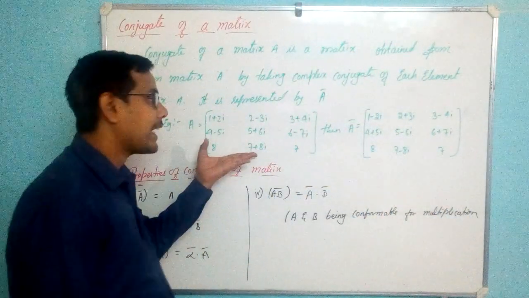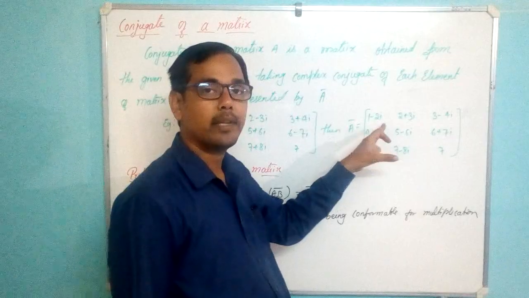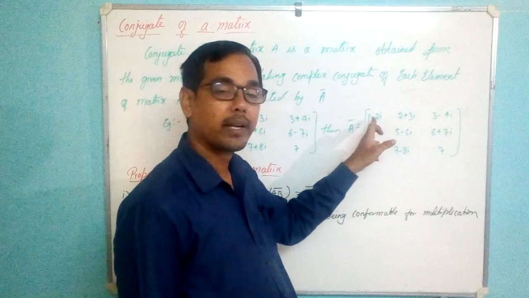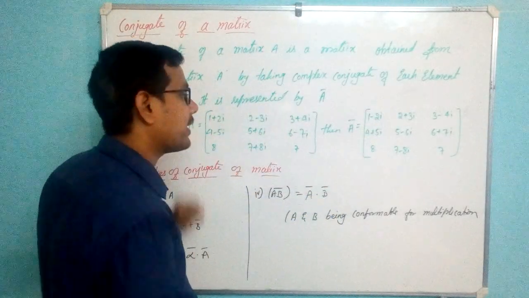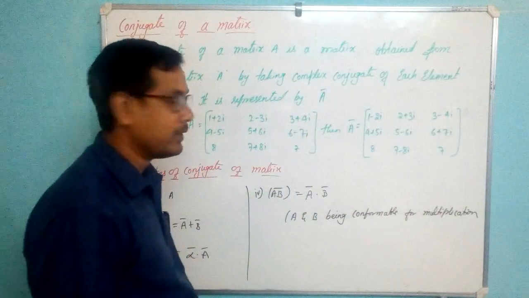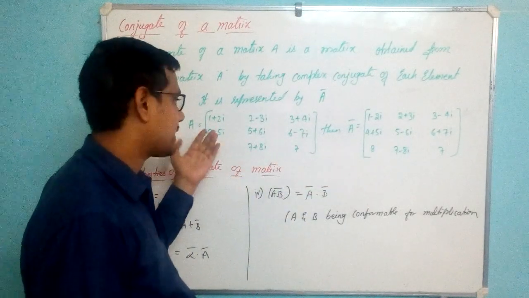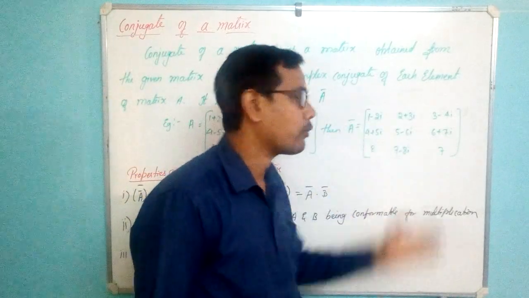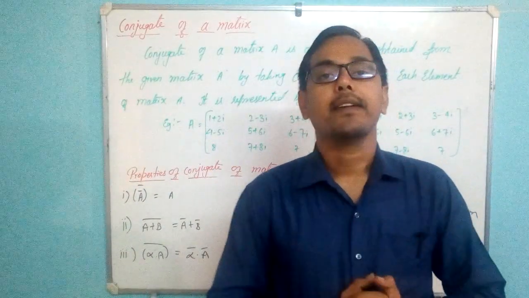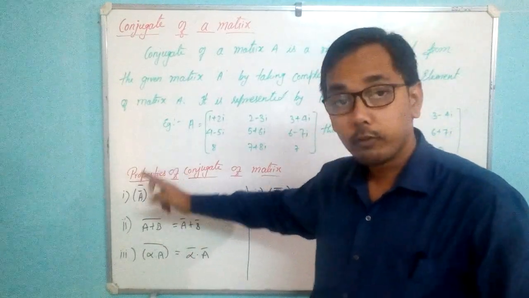How? So this is A conjugate. So conjugate of this will be what? I have to convert this into complex conjugate. 1 minus 2i becomes 1 plus 2i. That's what I am having here. 2 plus 3i becomes 2 minus 3i. 3 minus 4i, once again it becomes 3 plus 4i. Right? 4 minus 5i, once again it becomes 4 plus 5i. Similarly, if you take the complex conjugate of all these elements, once again you will get back the original matrix A. Right? This is how the complex conjugate works. So that is the first property, conjugate of conjugate.